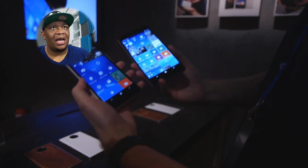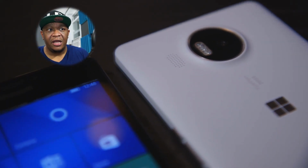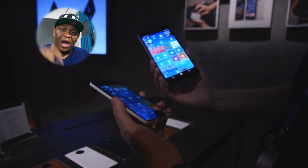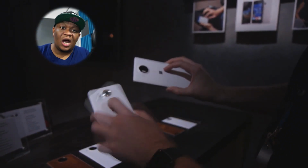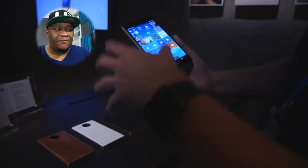And again, I want to reiterate that Microsoft 100% did what they were supposed to do today in terms of these two devices. When you put them up spec for spec next to the Galaxies, the new iPhone, the new Nexus phones, it does the job. It checks all the boxes. It's on par. The design, albeit, isn't my favorite. In fact, it comes nowhere close to something like the